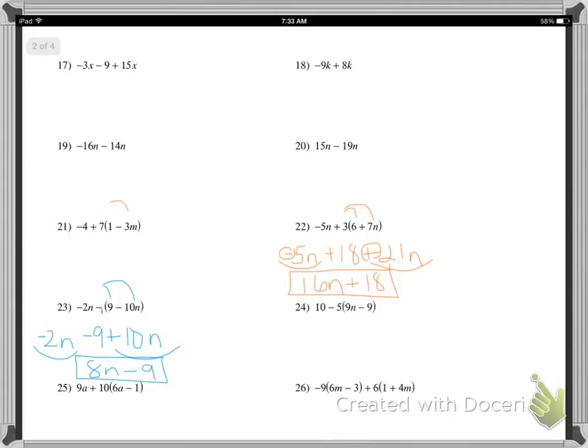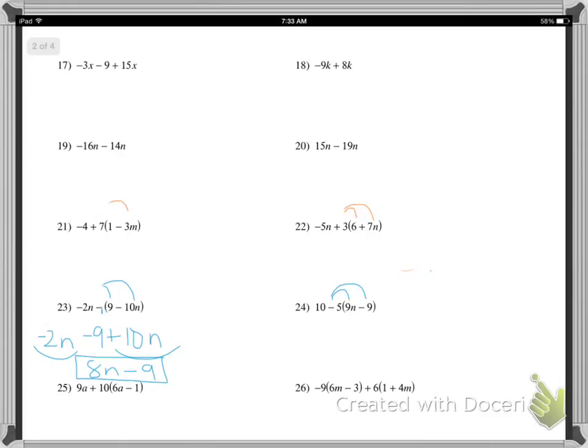Okay, let's try another one. Let's come over here. I'm going to erase the top so that it doesn't interfere with my drawings here. Negative 5. Here's your distributive. Now notice I'm not blacking it out anymore because you do have to kind of deal with it. If it bothers you, put your finger over the 10. Just don't put your finger over the sign in front of the 5 or you're not going to know it's